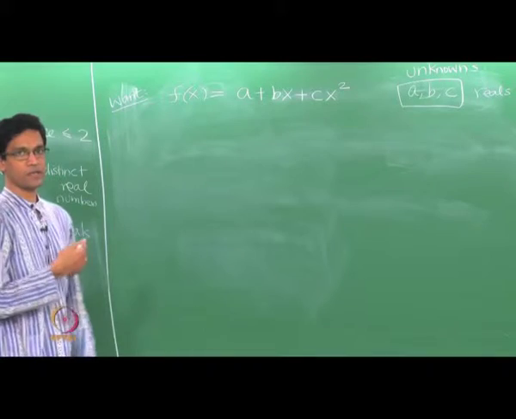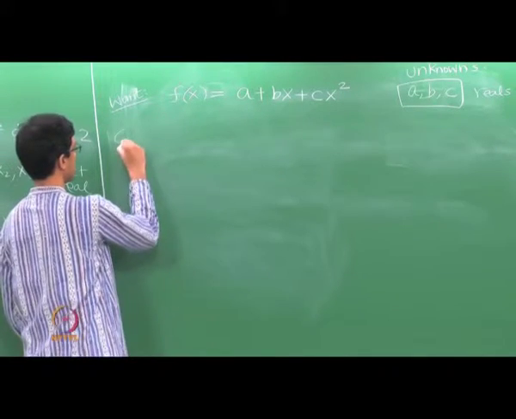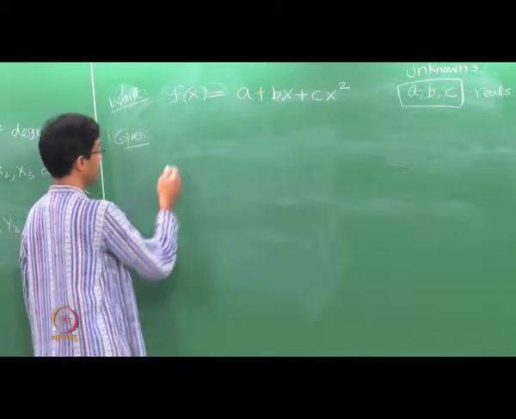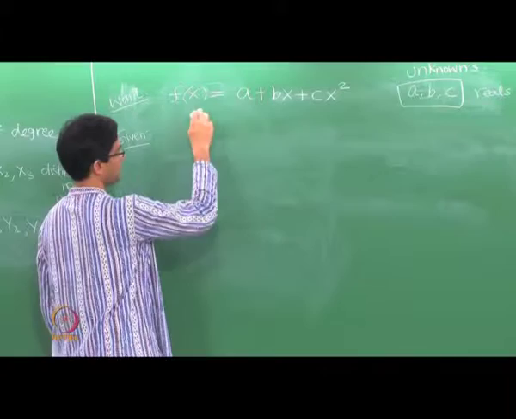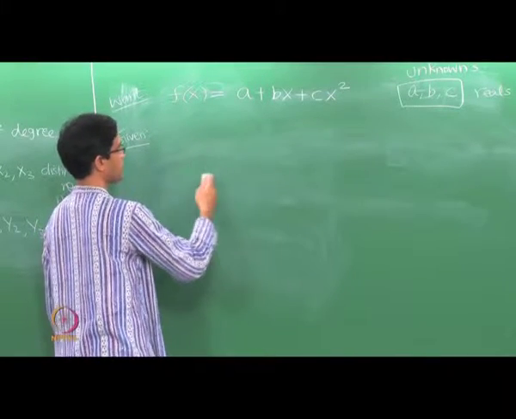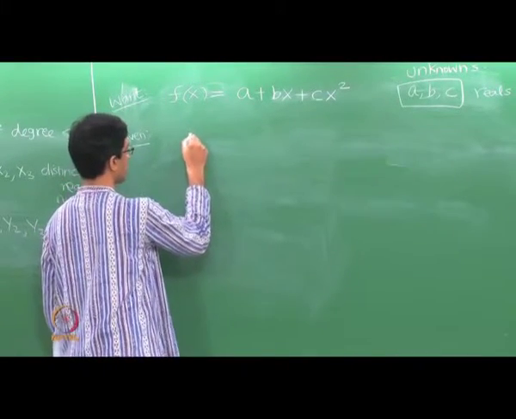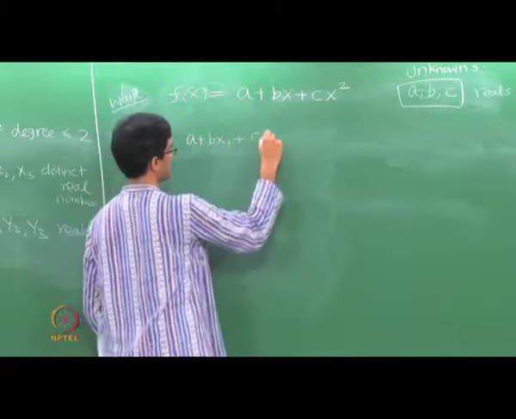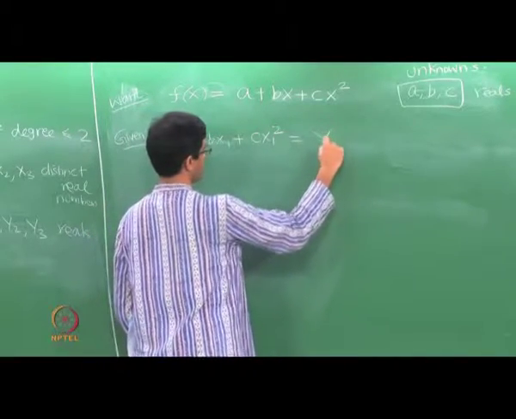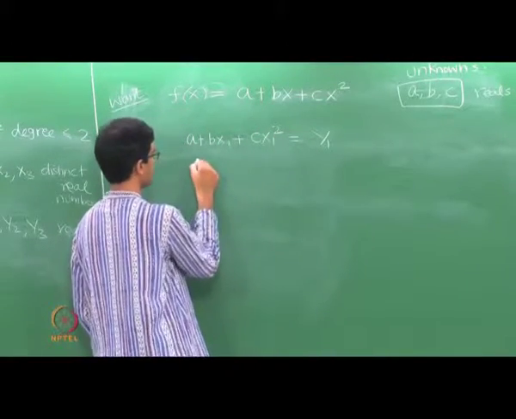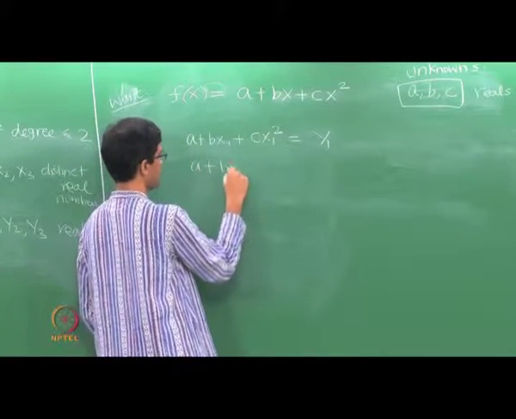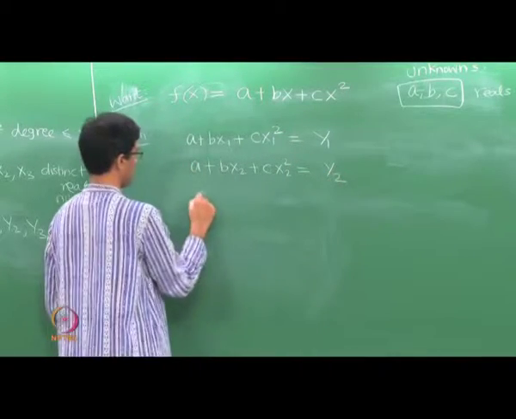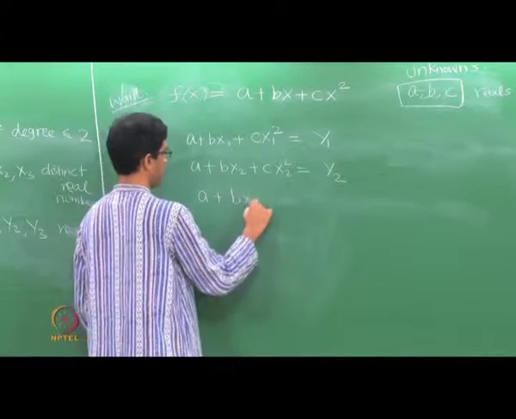And what are we given? We are given three conditions. So we want to find a, b, c given the three conditions that f of x1 is y1, f of x2 is y2 and f of x3 is y3. So we'll write those three conditions down. When you substitute x1, this polynomial becomes a plus bx1 plus cx1 squared. That is given to be some number y1. So x's and y's are constants here. Similarly, a plus bx2 plus cx2 squared is given to be y2, and a plus bx3